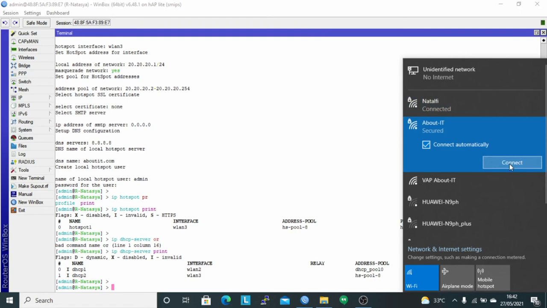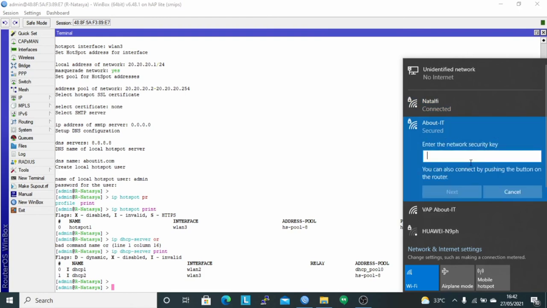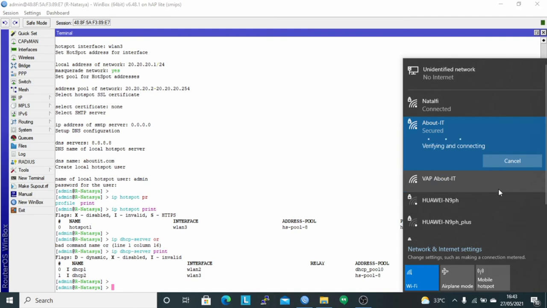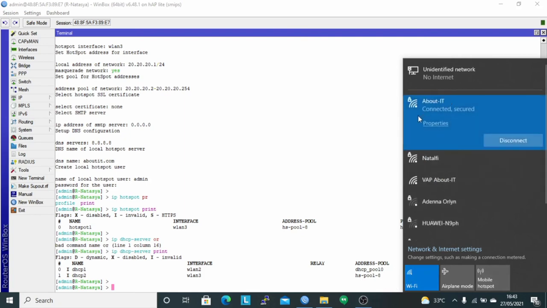Here, click connect and type the password, namely about IT, and if ready, click next. It can be seen that the laptop is connected to the SSID about IT.